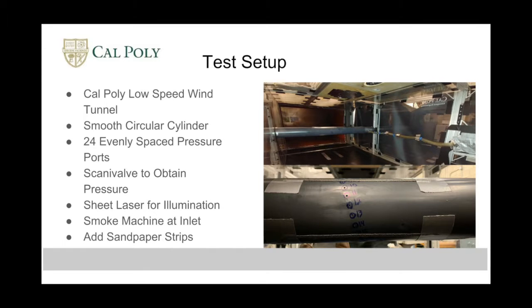As mentioned before, the Cal Poly low-speed wind tunnel is the main apparatus used to move large quantities of air through a 1.19 by 0.87 square meter test section. A circular cylinder with length equal to that of the test section width is suspended in the middle of the test section height. The surface of this cylinder is smooth, with 24 pressure ports spanning across the cross-sectional area, each